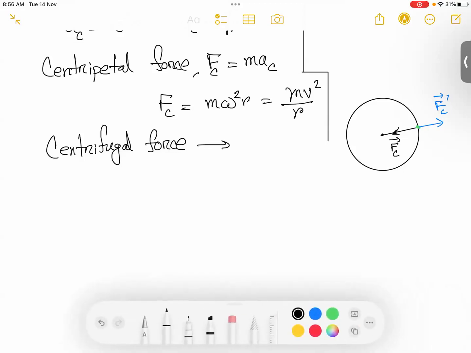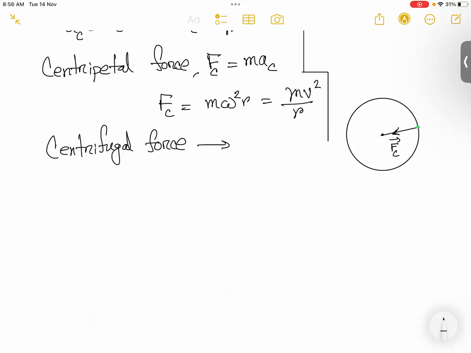But the thing is that this force doesn't exist. In our whole calculation, you see, there was no force which is outward to the circle. So the centrifugal force, it's not a real force. It's a fictitious force. Fictitious force মানে হচ্ছে it's an unreal force, so it's an imaginary force, or it's also called pseudo force. It's not actually there. Centrifugal force হলো কিছু actually এখানে নেই, কিন্তু কিছু ক্যালকুলেশনে এই ইমাজিনারি ফোর্সটা ধরে নিলে ক্যালকুলেশনটা